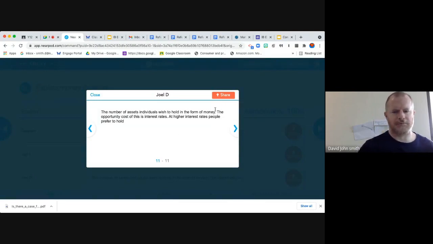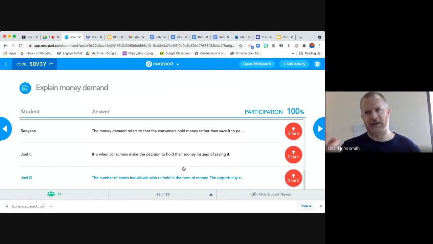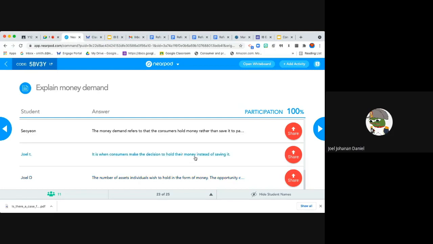Yes, well done. Yeah, at higher interest rates, people might prefer to save the money as opposed to hold. Try and avoid using the word hold because it's difficult to say, but the idea of holding money suggests it's not in your bank account, right? So therefore, you're not technically saving it. I know you haven't currently spent it, and again, that's one of the reasons why the money market can be a bit complicated, right? Because in theory, the money that you have in your hand hasn't been spent, but it also currently isn't being saved in a traditional sense. All right.